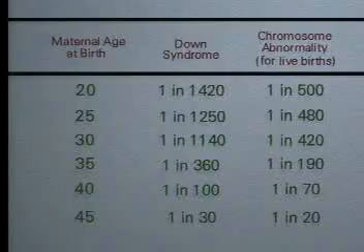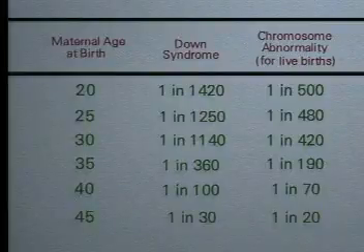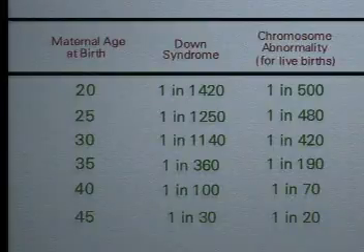One of the biggest factors that we know to be associated with non-disjunction is increasing mother's age. So, for example, a woman of 20 has a risk of about 1 in 1,500 of Down syndrome, whereas a woman of 40 has a risk of about 1 in 100. So you can see there's a big increased risk there. So one thing that people can do is have children when they're younger. And another thing is there is the possibility of prenatal diagnosis. As a woman ages, we can take a sample of the cells surrounding the baby and tell if the baby has trisomy 21 for Down syndrome or any of the other ones as well.